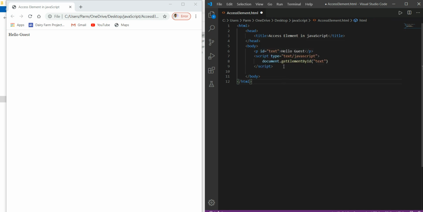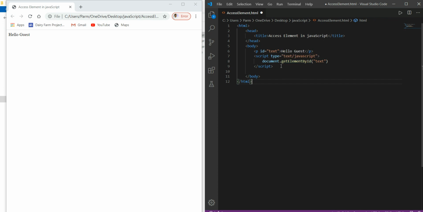Now look at this method or function, get element by ID. This is the standard of Java. Whenever we find a method in Java, look at the first character of each word. This has the words get, then element, then by, then ID.